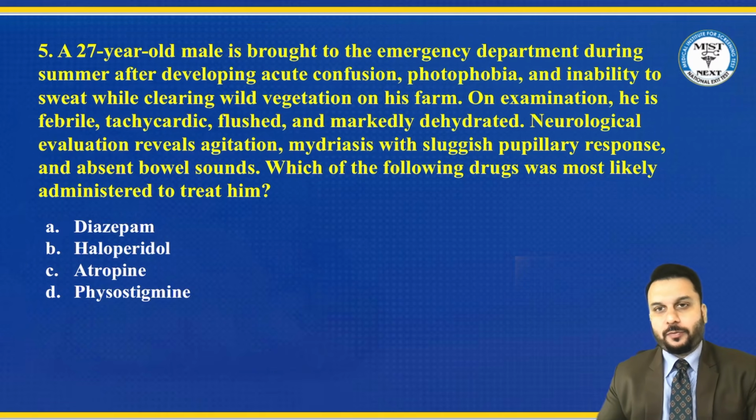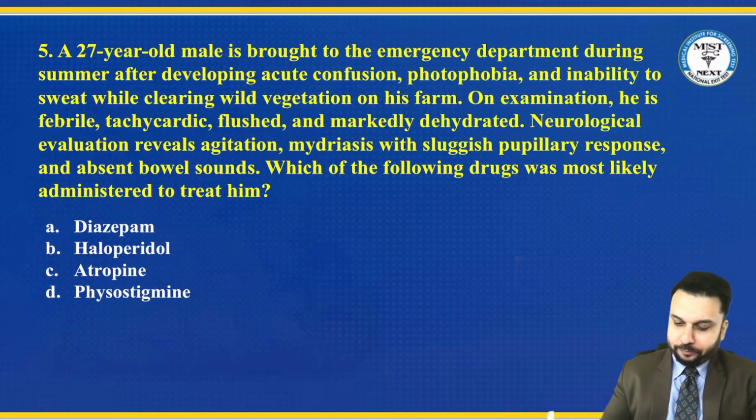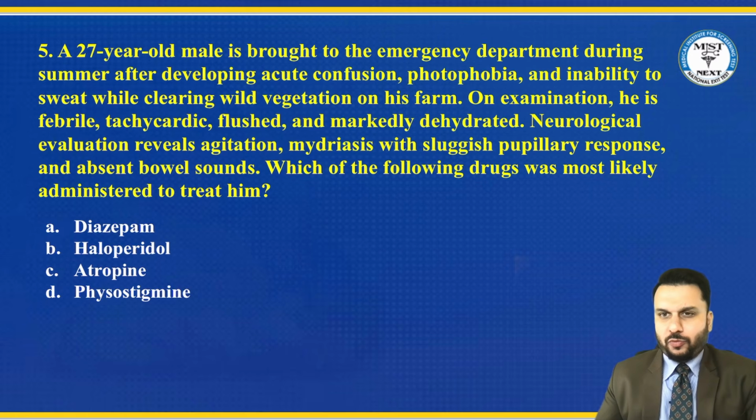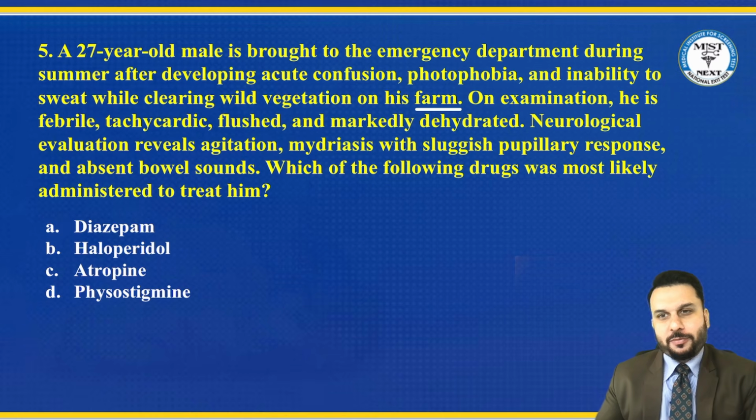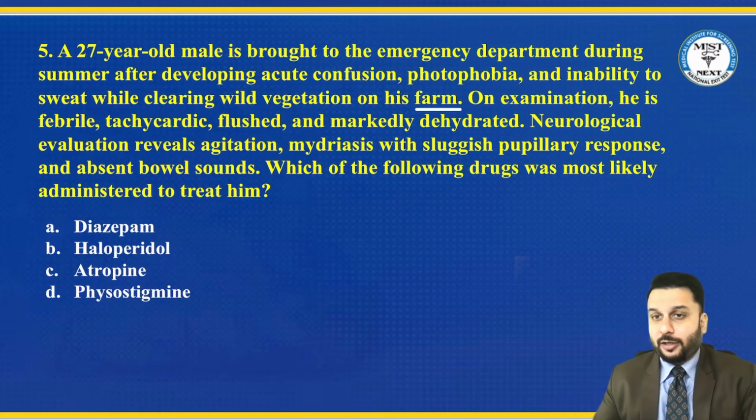So now that we've talked about this, see, this is a case more on the toxicology. If you notice, the dude was working on the farm. The moment the word farm comes, many of the people start thinking OP poisoning. Now, this is not OP poisoning because OP poisoning presents with more cholinergic syndrome, meaning you will have more of parasympathetic activity which presents with something called DUMBBELS. That means patients come with diarrhea, urinary excess, miosis, bronchoconstriction, etc. But here it's exactly opposite.